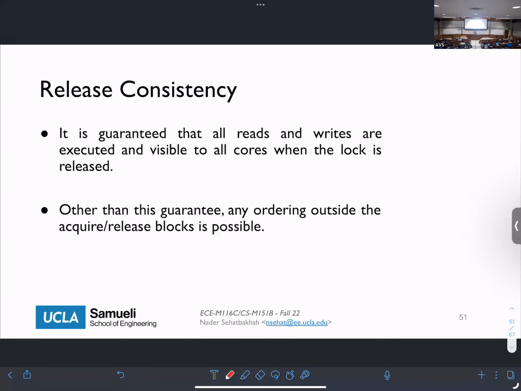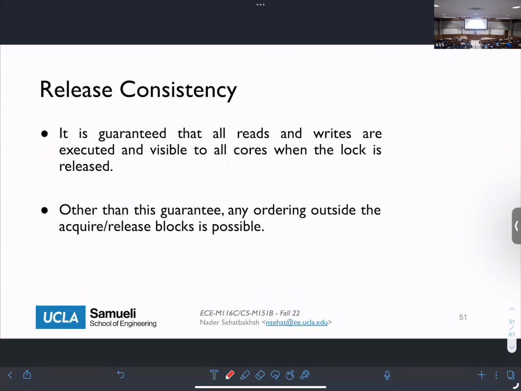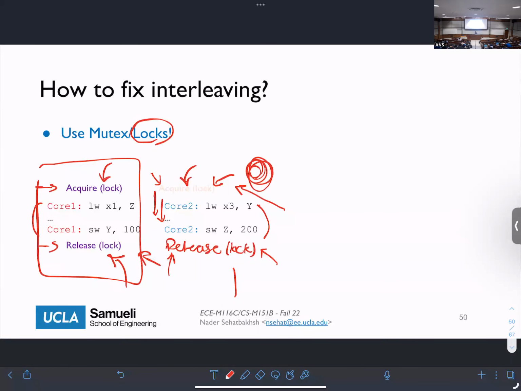Okay, so I can do whatever I want internally, but when I'm releasing the lock, I've already done everything that I want to do. So all these other cores can now safely start running their things because I've already done my things. Okay, so this is what we usually call release consistency, which means that we can assume that when the lock is released, all these other loads and stores are already done on the part that's been executed. So when we are releasing this lock, it is guaranteed that this is done and this is done.